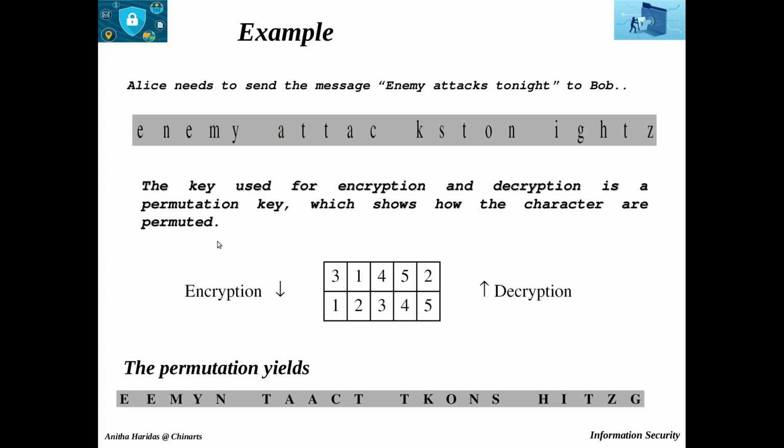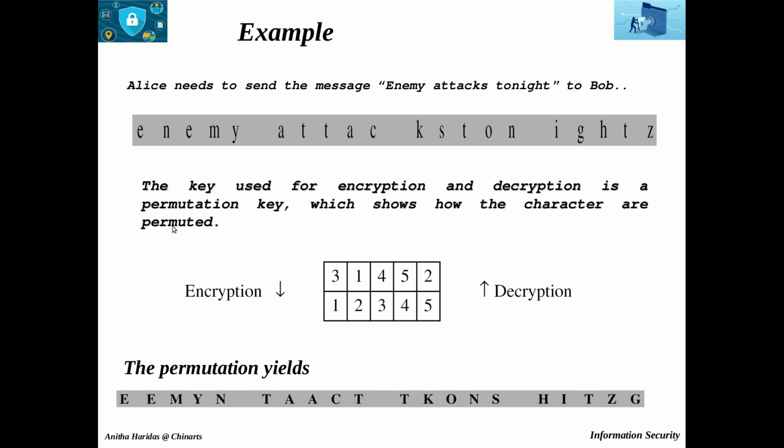For example, the third character in the plain text block becomes the first character in the ciphertext, and the first character in the plain text block becomes the second character in the ciphertext block, and the fourth character in the plain text block becomes the third character in the ciphertext block, and so on. So therefore the permutation will produce the ciphertext like this.